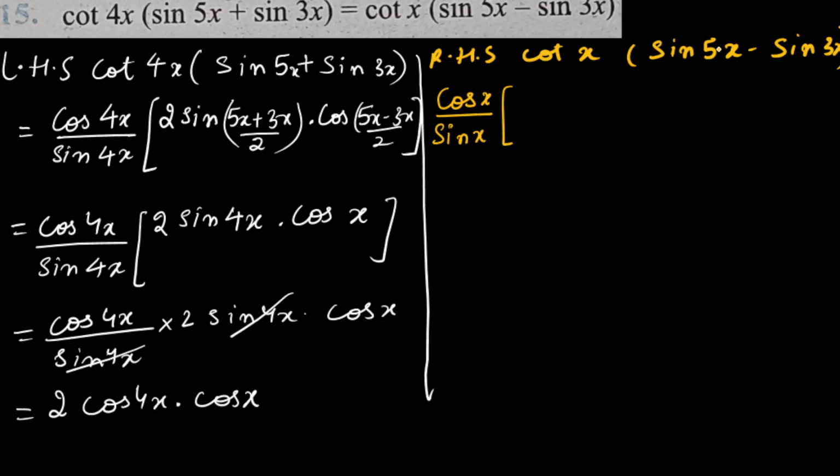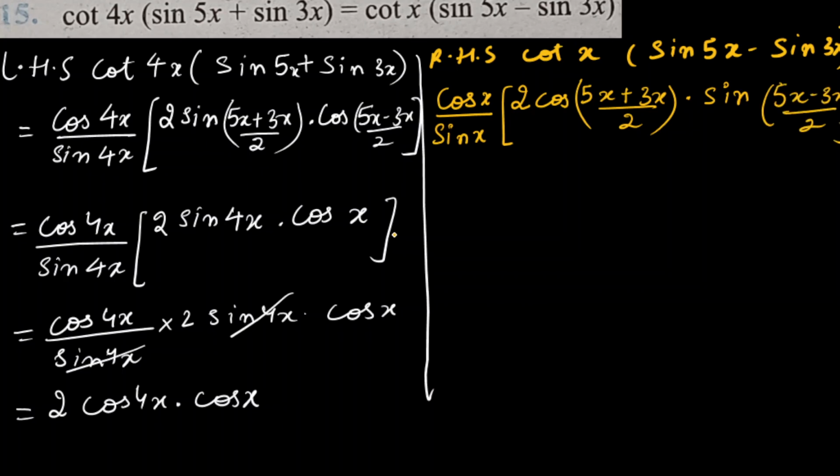Now the formula we have to use is the sine minus formula: cos at the front. So 2 cos of (5x plus 3x) by 2 into sine of (5x minus 3x) by 2. Sine minus sine will always give us a combination of cos and sine. When the minus identity is there, cos will come at the front; when plus is there, sine at the starting. So I have used the formula.